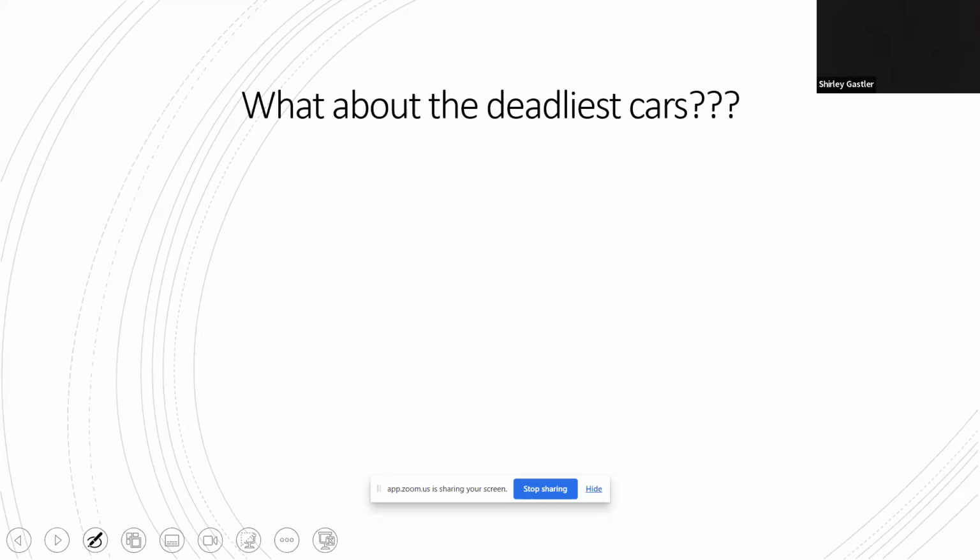Right. The cars that have the most deaths are actually the Chevy Silverado, because it's the most common car out there. Ford F-150 is number 2 because again it's the second most common vehicle out there. But this is a list of I own this vehicle and I'm more likely to die because I own this vehicle specifically. We got any more guesses? EVs on it? Electric vehicles? With the fire? There is an electric vehicle on there.